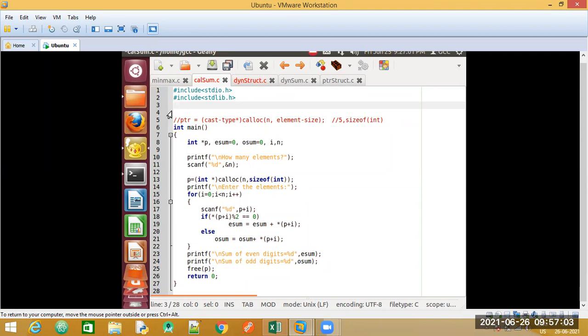Now, what is the task here? So far, when we talked about dynamic memory allocation, we have just made use of one single pointer variable. Have a look at the other variables: they are static only. Only this pointer variable p is pointing to this dynamic allocation. Otherwise, all of these variables are again static only.